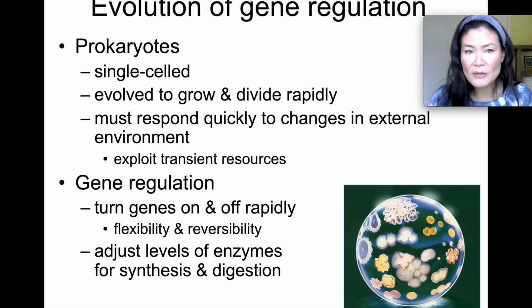All right, prokaryotes are very simple organisms. Many of them have a very short lifespan, maybe 20 minutes. So they're single cells, and because they have such a short lifespan, they have to quickly respond to their environment. Like let's say that if a food source is available, then they need to start making the enzyme that's going to break down that food source very quickly. They need to be able to exploit transient resources. So if we're going to be talking about today, like if there's lactose available, it needs to make enzymes that are going to break down the lactose. If there's glucose available, then it's going to shut down the gene for enzymes that are going to break down